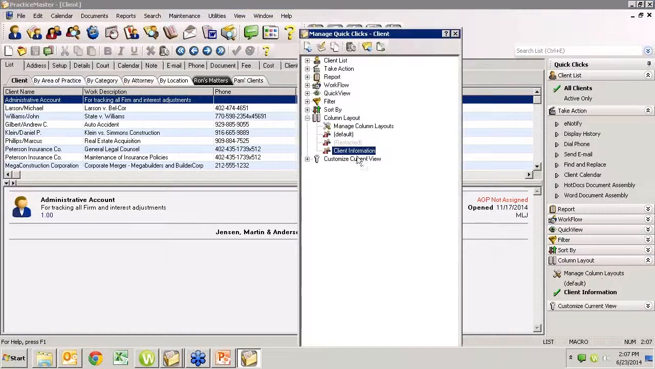If I come into my Manage Column Layouts, it's going to list all of the column layouts that I have for this particular section that I'm in. Right now I'm in the client. So I have a client information one, or I could have a new one. I have a little toolbar of buttons up here. This little piece of paper and the plus sign is my new. The pencil and paper is my edit. I can actually copy column layouts, delete them. I can add folders, so I could put these all into one folder if I wanted,